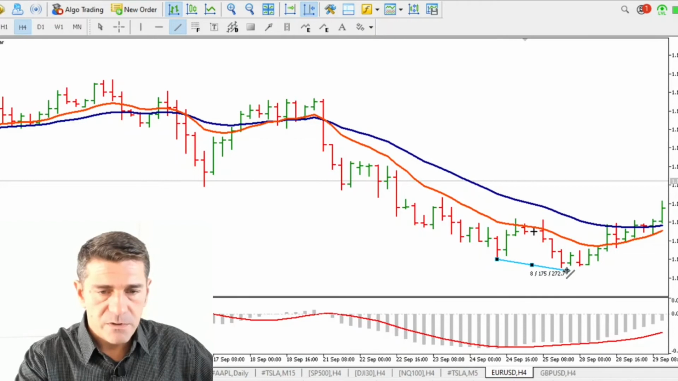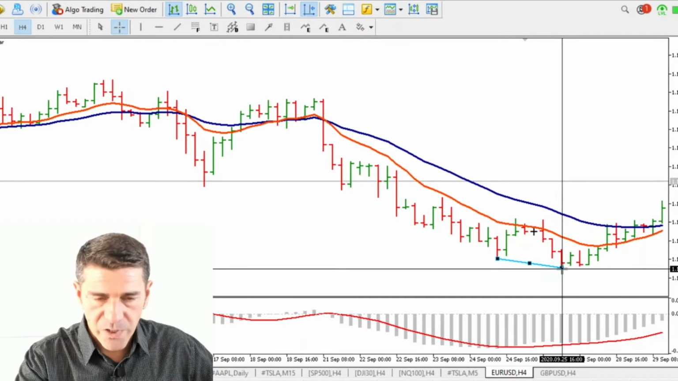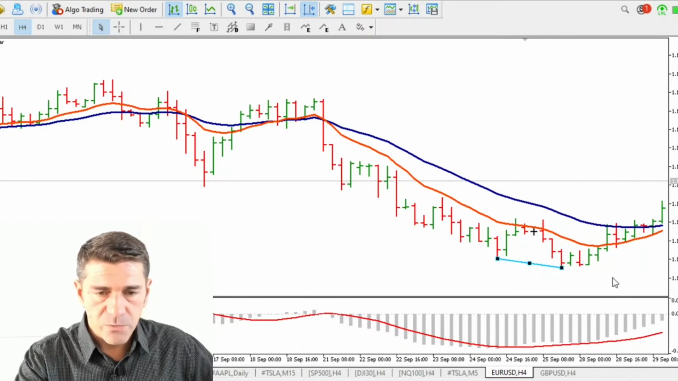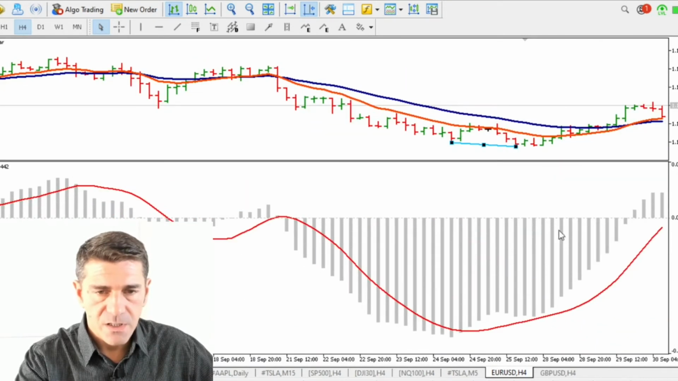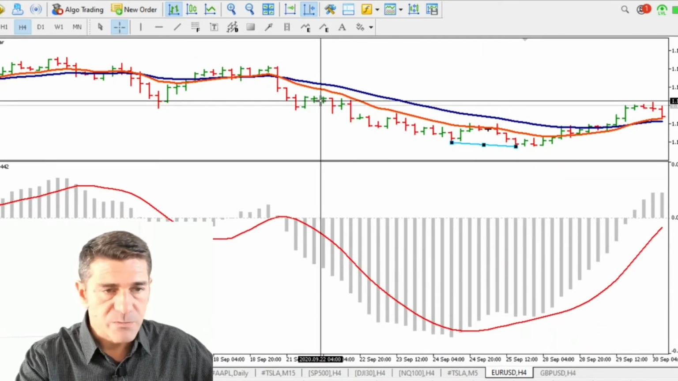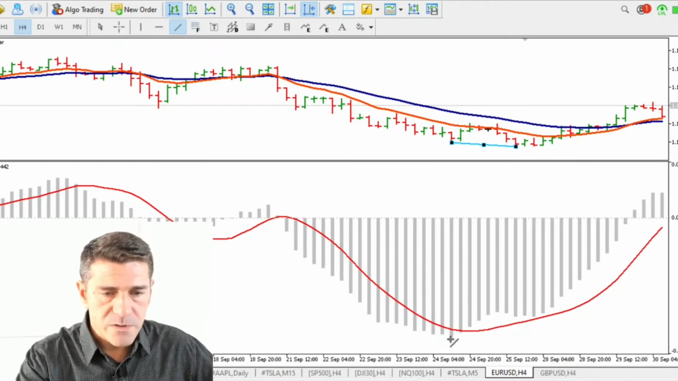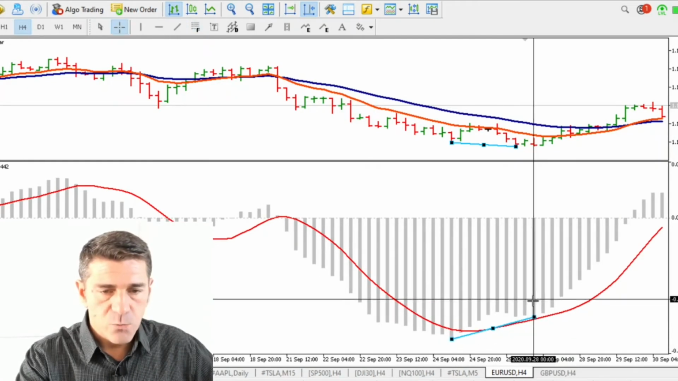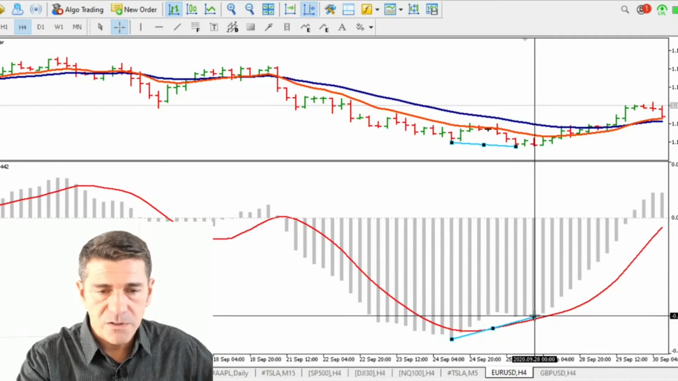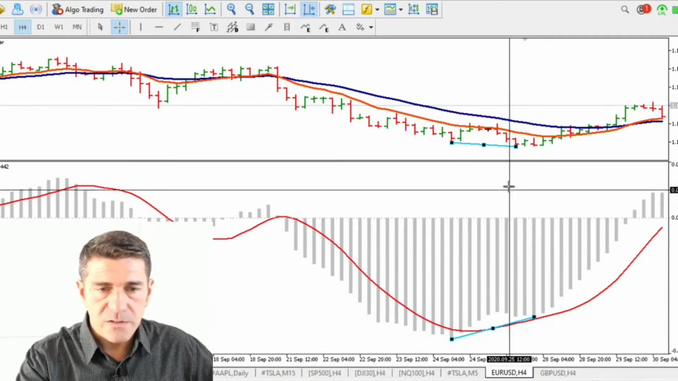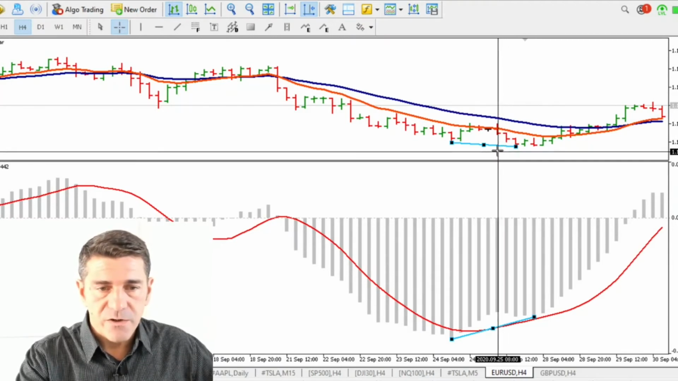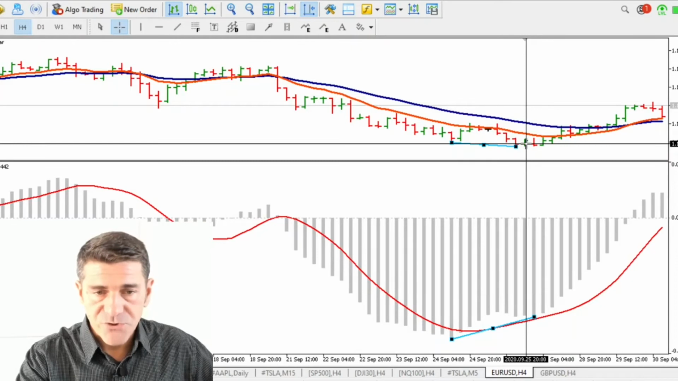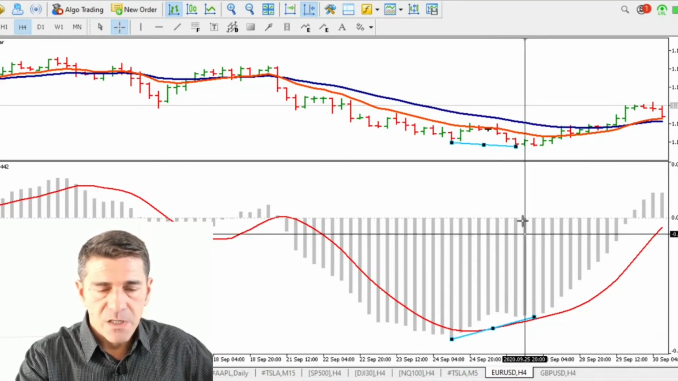At this moment, what we have here is a lower low in the price chart, but when we put the MACD histogram between these two points, we have a higher low in the MACD histogram. This is the so-called divergence. In other words, this is a discrepancy between the real price chart and the indicator. What it shows us,